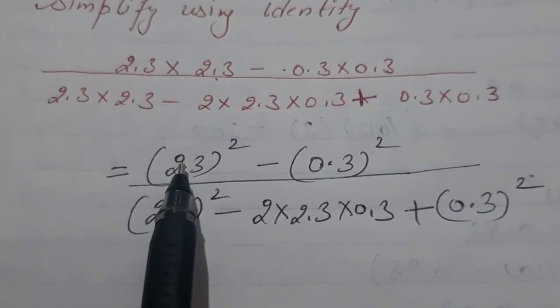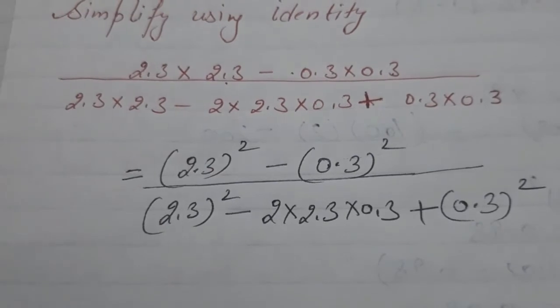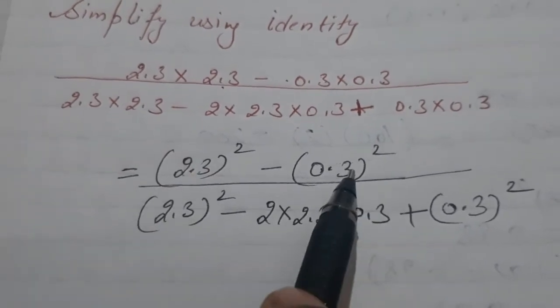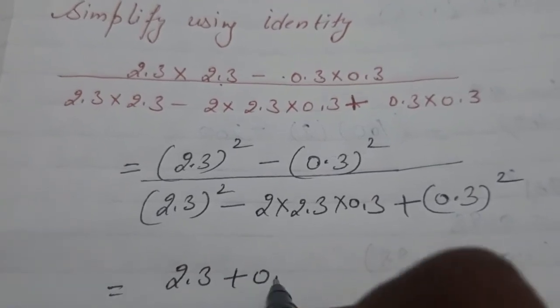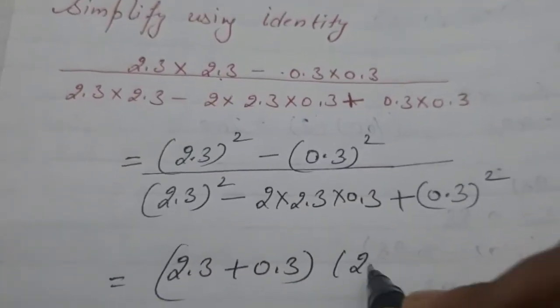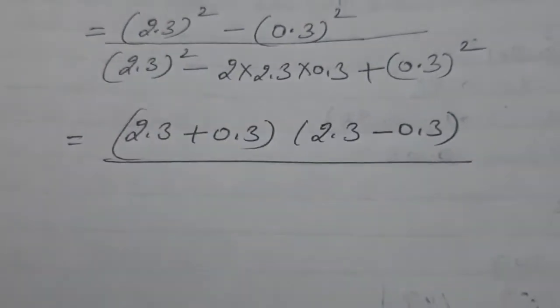Now check it out, in the numerator a square minus b square. We are getting a square minus b square where a is 2.3 and b is 0.3. So here we can apply the formula: (2.3 plus 0.3)(2.3 minus 0.3) divided by